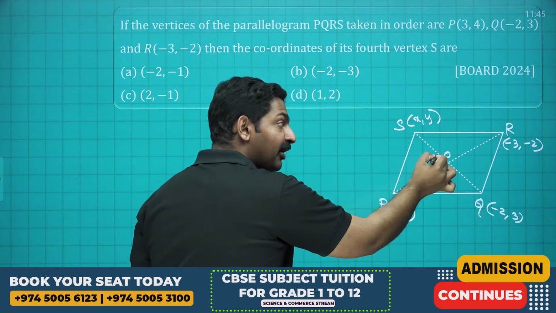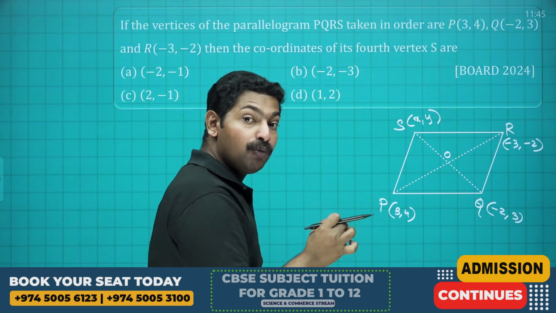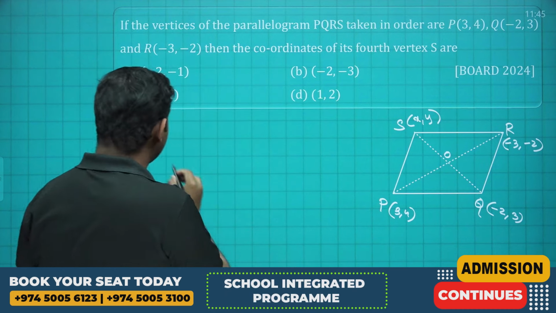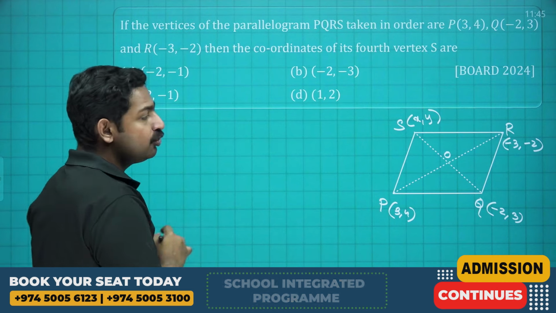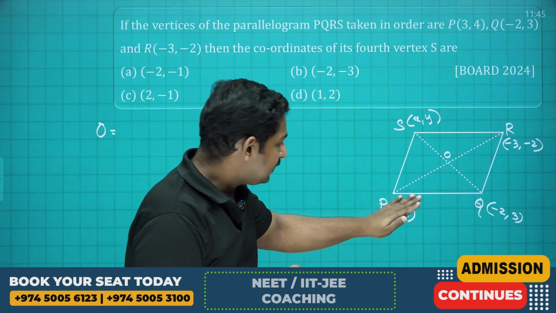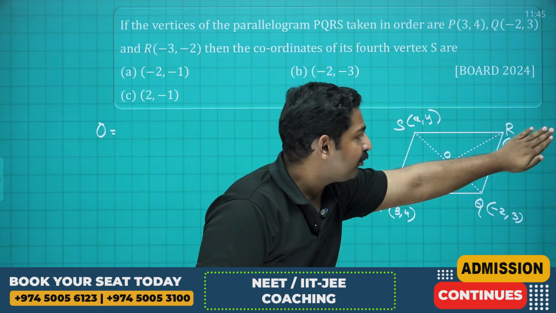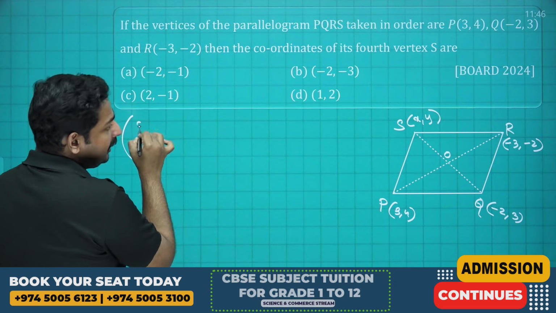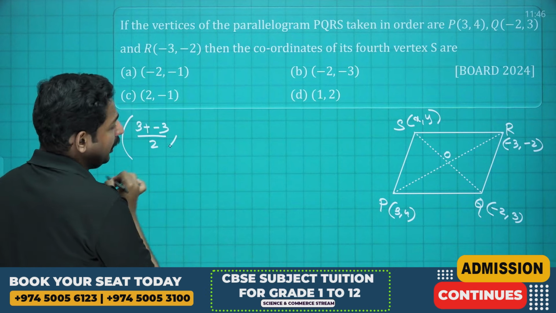So we can easily find out the coordinates of O by using which formula? Midpoint formula. And the midpoint formula, we know that it is (x1 plus x2)/2, (y1 plus y2)/2. So we can take this as x1, y1, this point as x2, y2. So you will be getting easily the value of O. It is (3 plus minus 3)/2,